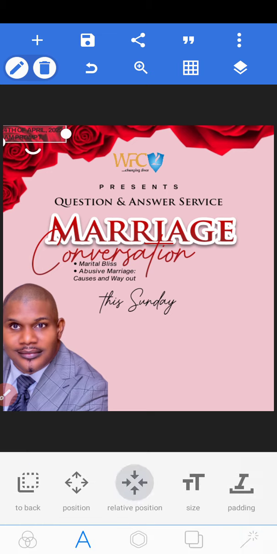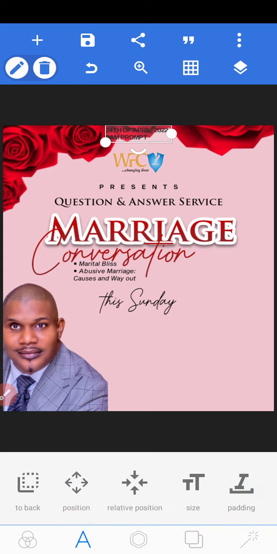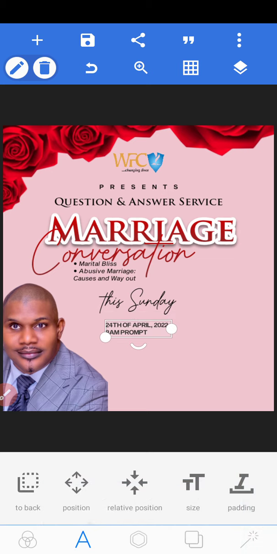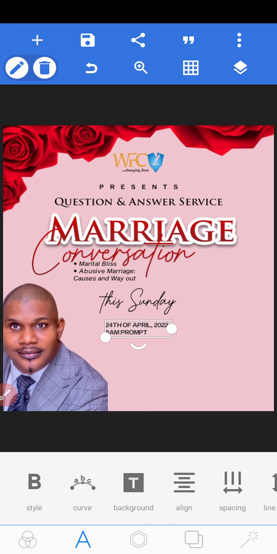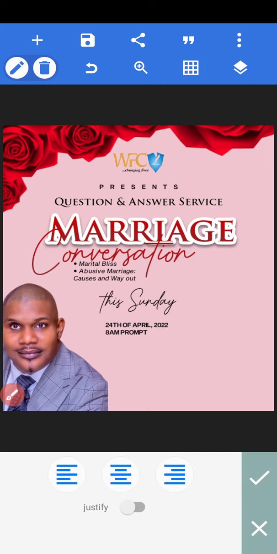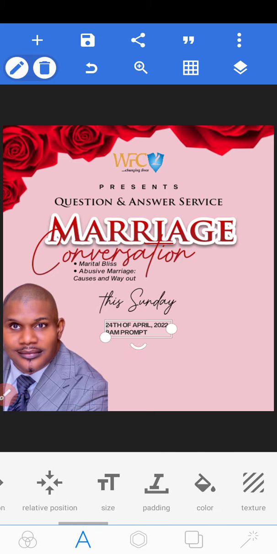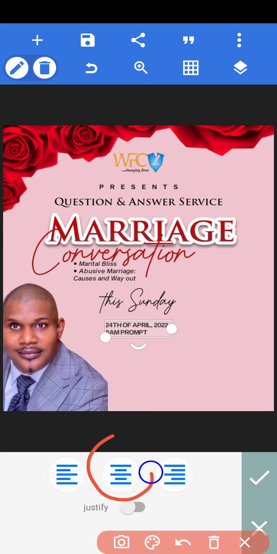Then click on your relative position this way. Then come to position, increase the move by points, then take it down. This way, then you come to align. You have to make it centralized. This is align. You click here, you click at the center. My bad. Come to align. Then select the center one